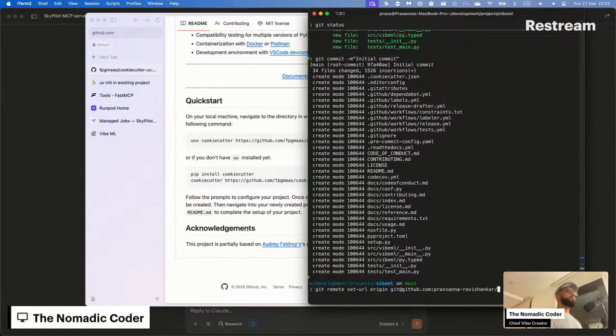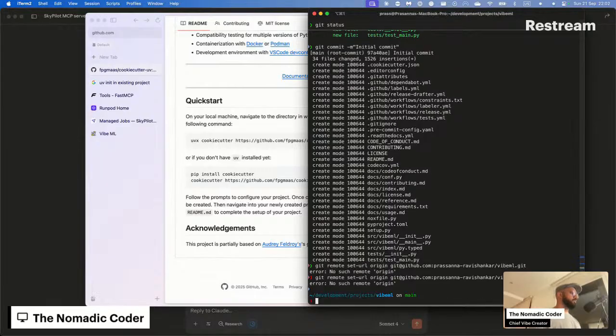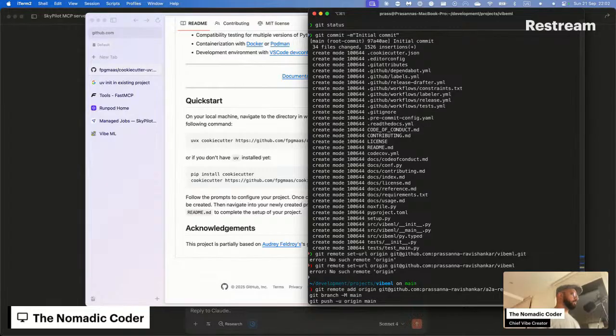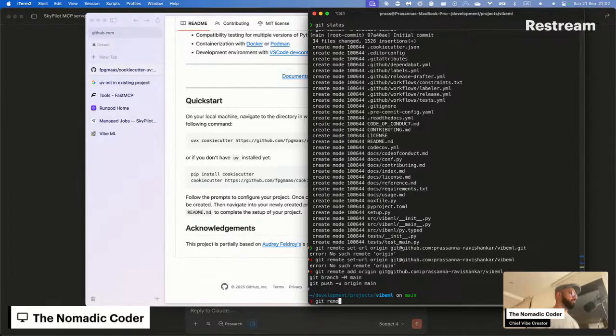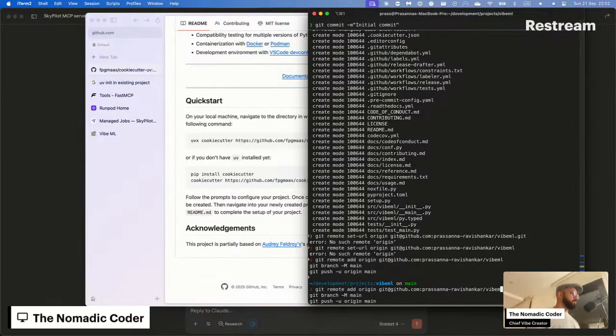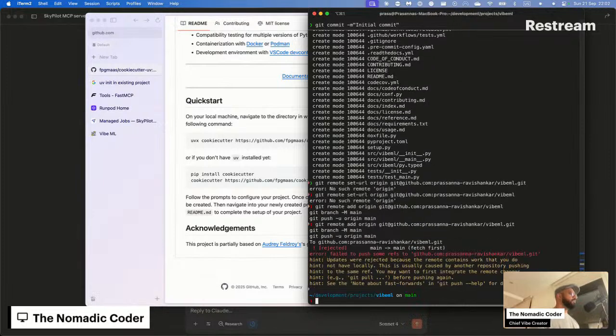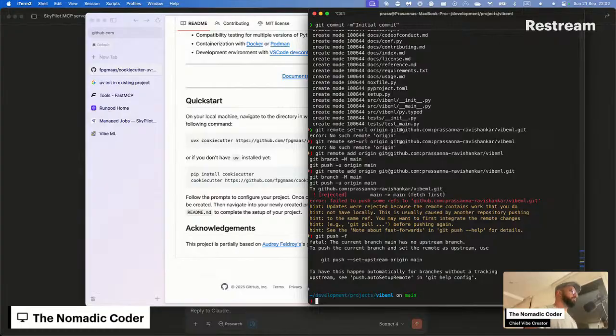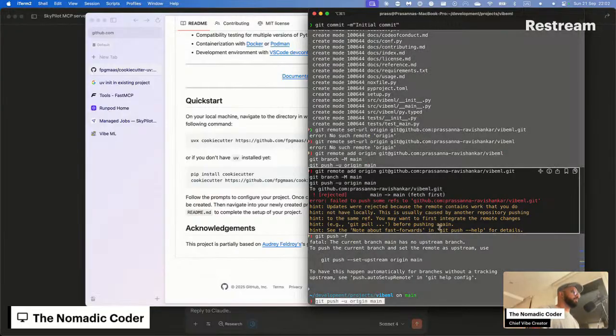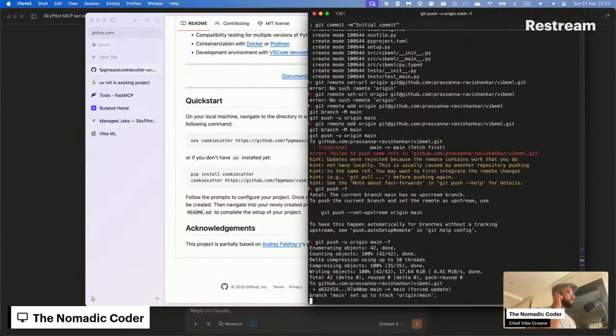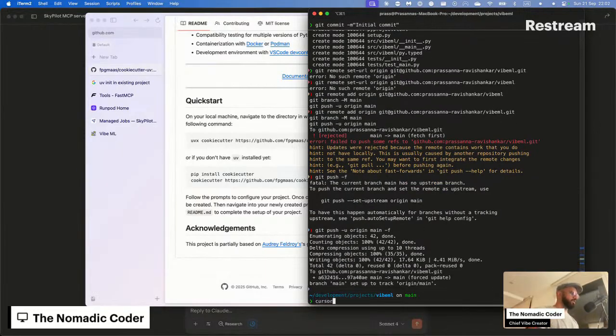What am I going to... Oh yeah, we're calling it VibeML again. Of course it didn't work. Sweet. Now let's open Cursor up.